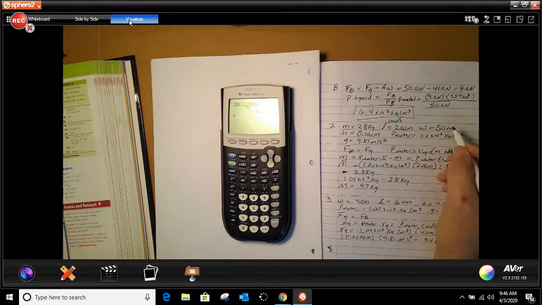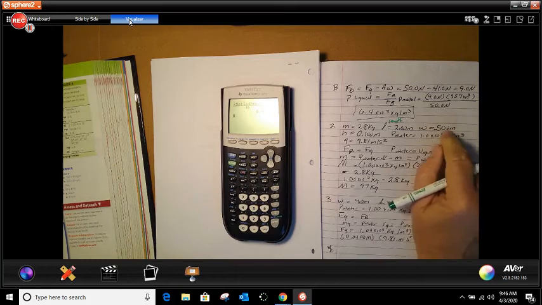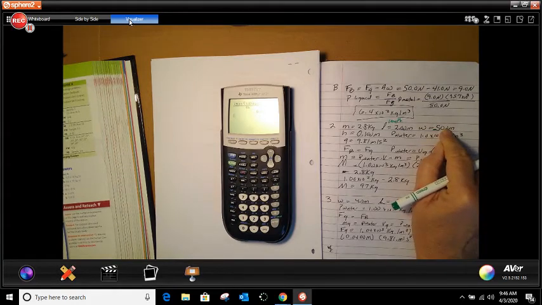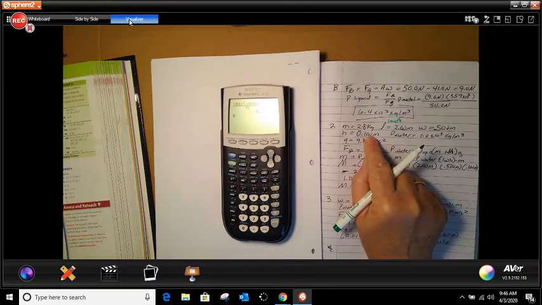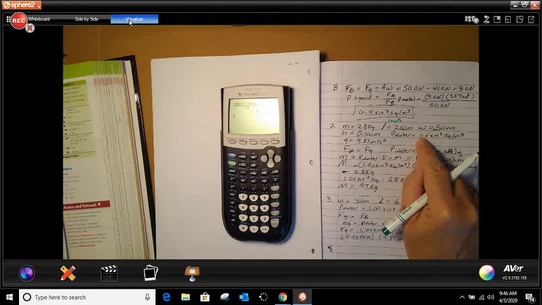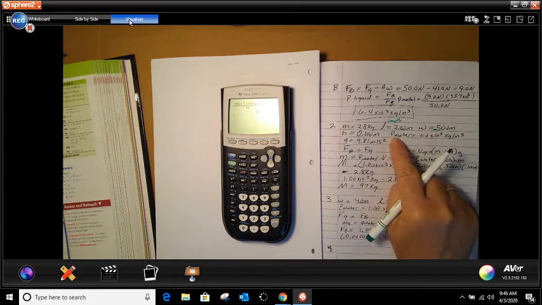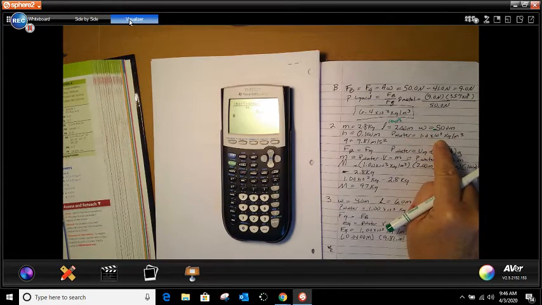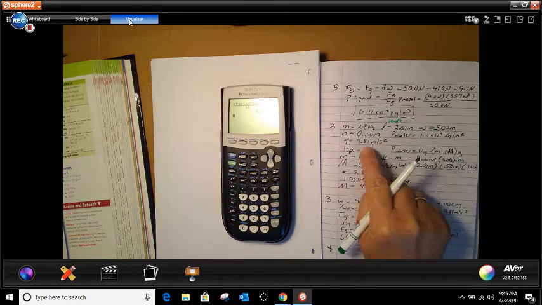Now, I'm going to change my meters, and I'm going to put a dot here because I have to have that. And then it says 1.100 meters thick. Okay, so I've got my mass, my length, my width, times my height. And it says, what is to support the water before sinking? So I have to find the P for the water, which is on the other table, and my gravity,